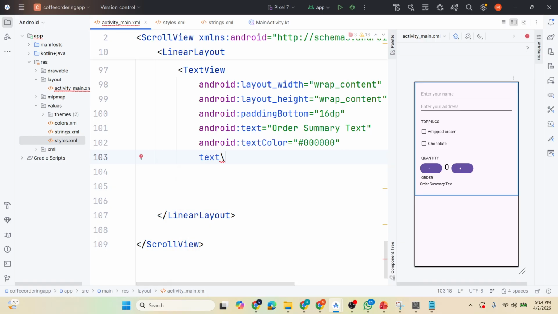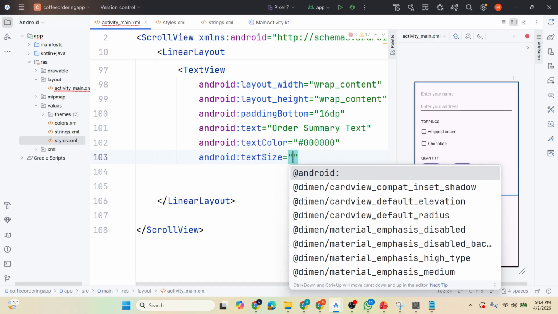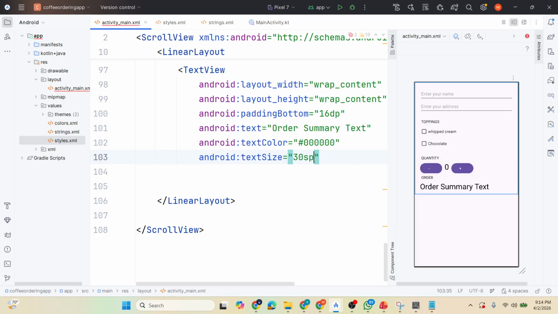The text size 30 sp. So there you can see order summary text,